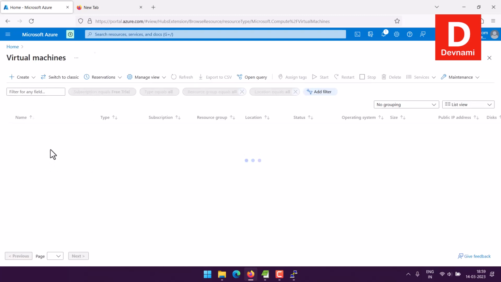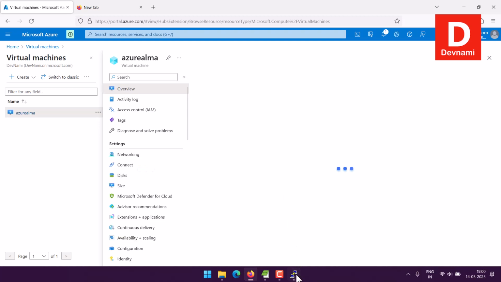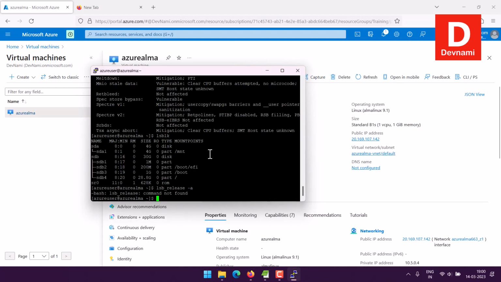We created that particular virtual machine, right? Then use the SSH keys and access it from there. Your SSH keys are in .pem format, which needs to be converted into PPK format, right? And it's one-time process. Once you save that session, you can easily log in over and over,